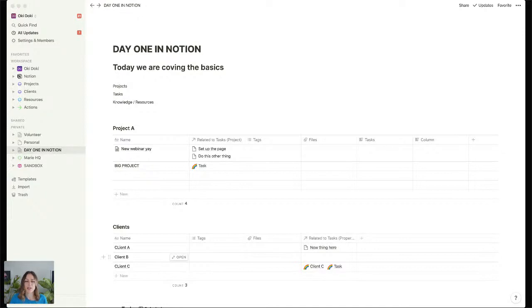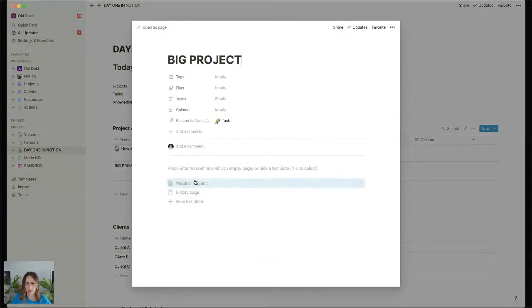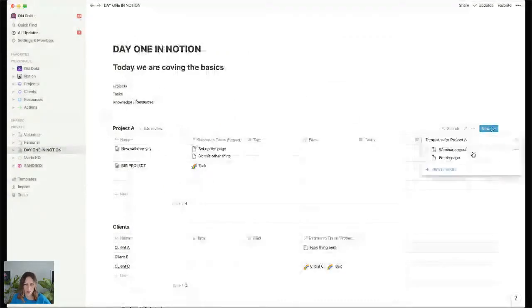Oh, copying templates from page to page. Yes, you can copy templates from page to page. I would say it's not a beginner use case, but yeah, you can move anything from anywhere, right? So let's say I open up one of these, like this webinar project. So you're saying this, for example, are you talking about database templates? There's actually two different types of templates. I don't know who asked that question, but